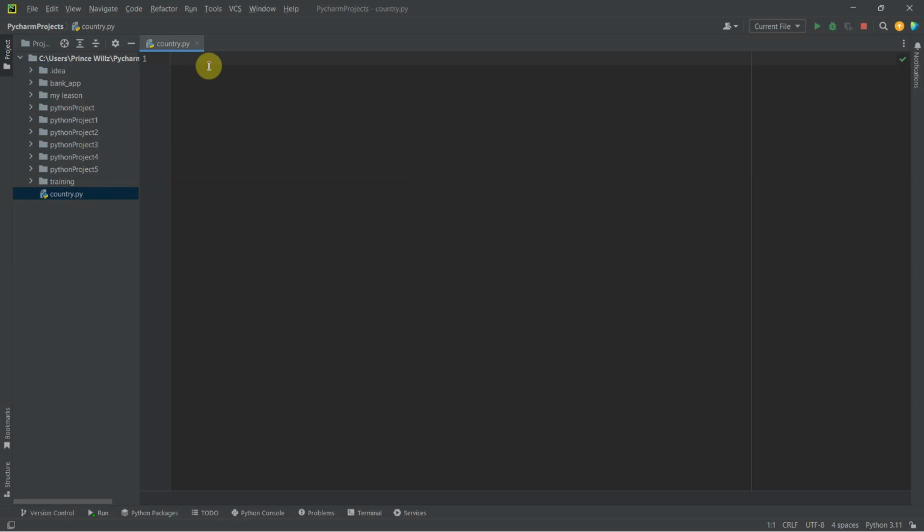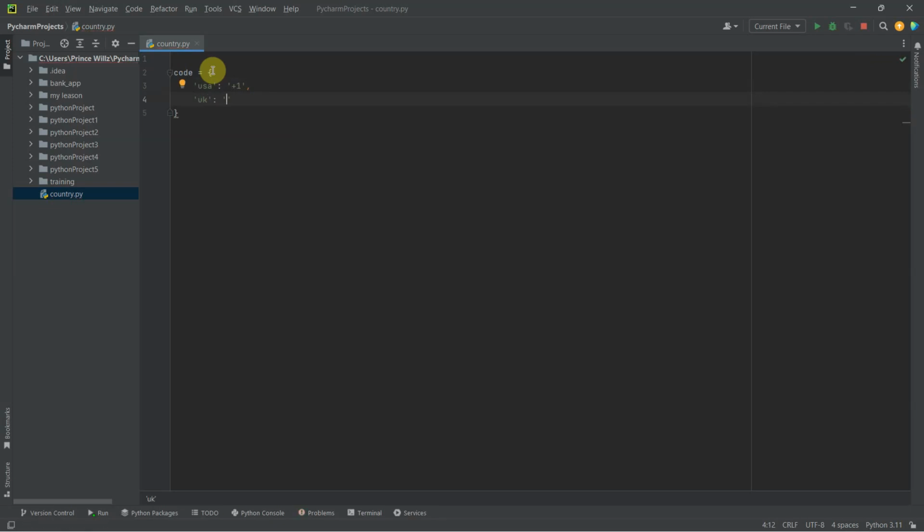Now in here we are going to write some code. Code equals a dictionary. We are going to save it as a dictionary. We are going to type in some entries: when we type in a country name, we input the country code. That's how we are going to do that. Using the string method, I type in USA, and I save it to be +1, comma, then maybe UK